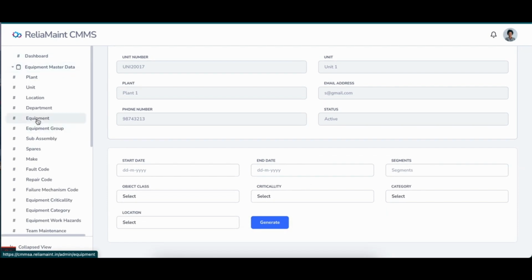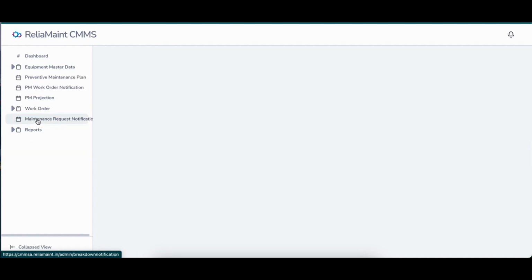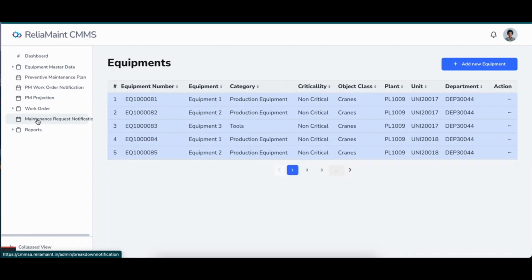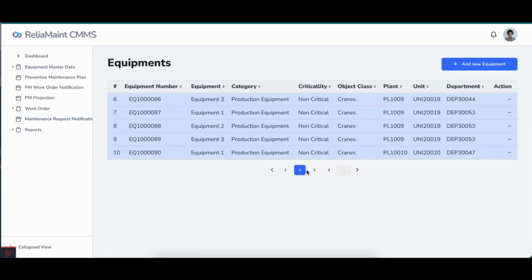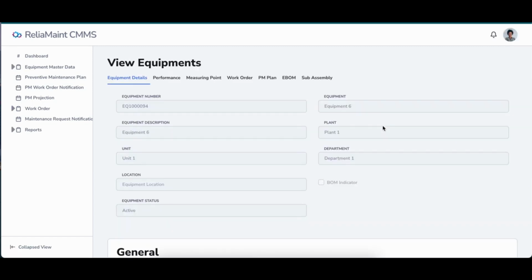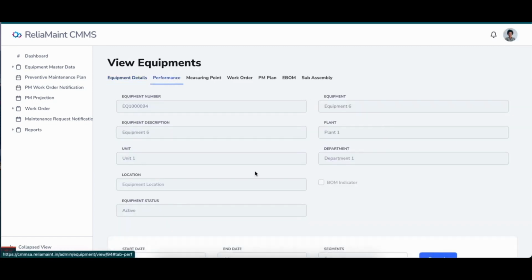Let us see equipment level. You can see this information is available for each and every equipment. So let us see how it looks. Again, performance.